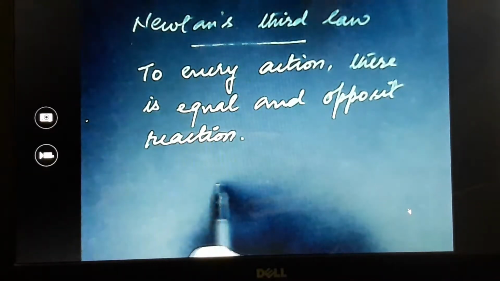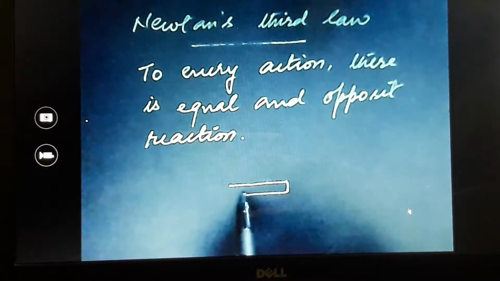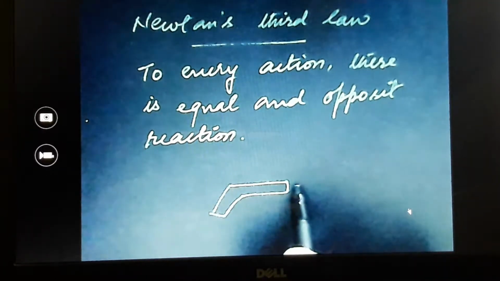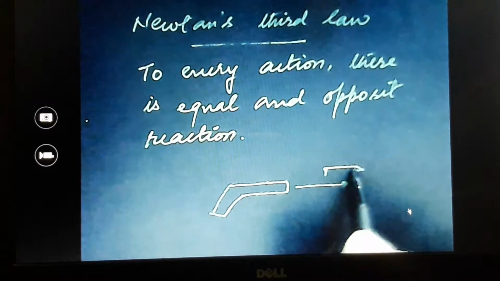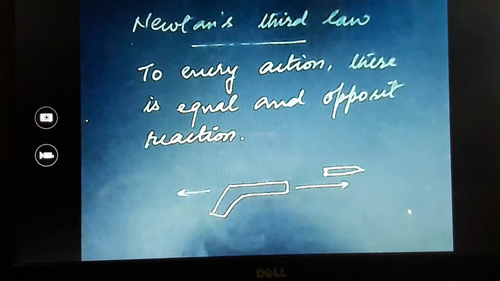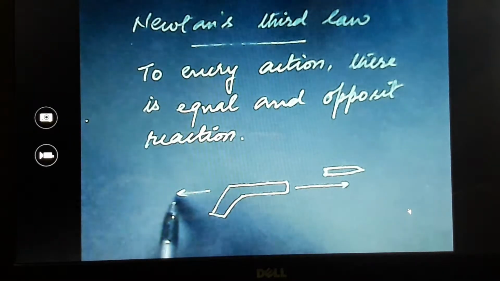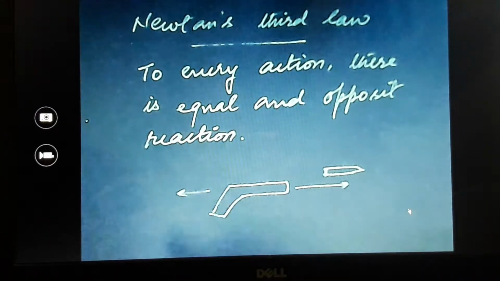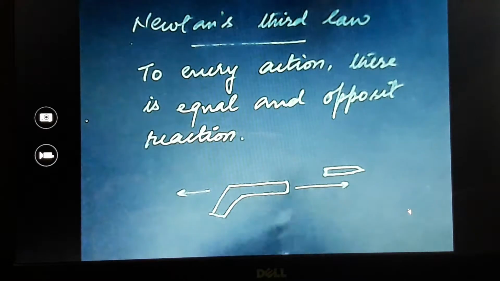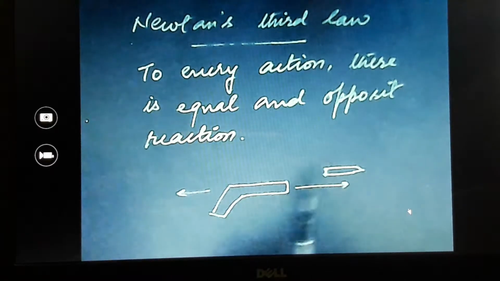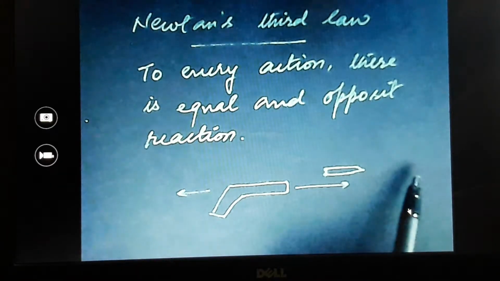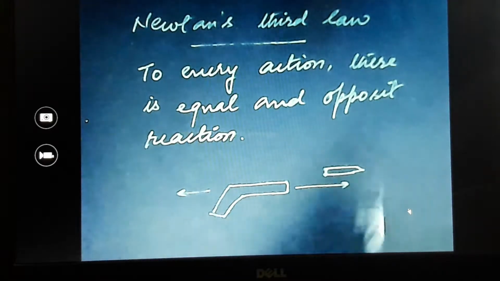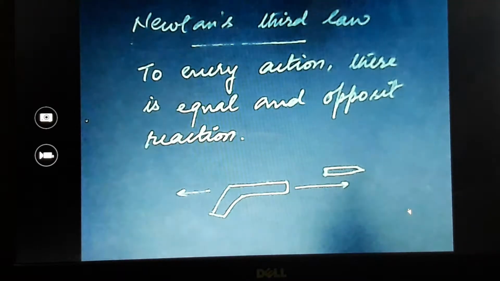You might have seen that, like if you fire from a gun, right, the bullet moves in the forward direction, and the gun also recoils and moves in the backward direction, right? Why so? Because of equal and opposite reaction. But the thing is, it's a very common question. Like, the bullet moves at a very fast rate, but the gun moves a little bit slower. You can handle it very easily, right?